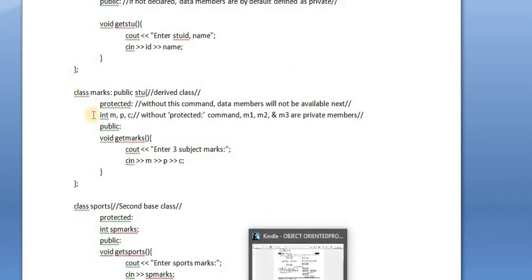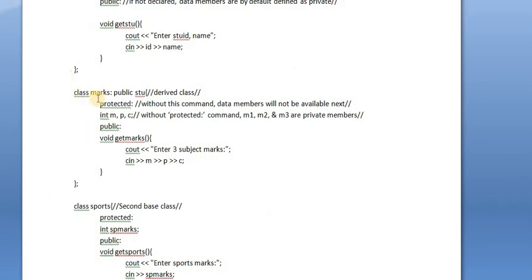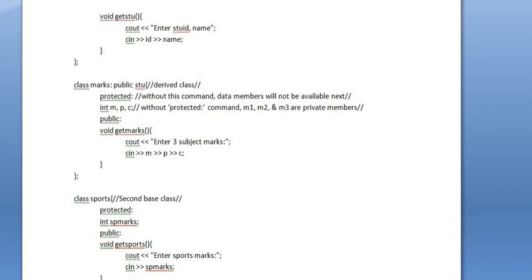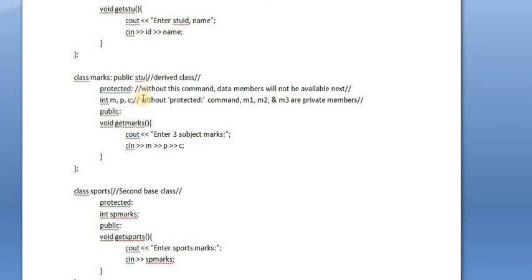Now see here, class marks is the derived class of the class student. Now in the protected section, there are three variables, that is M, P and C. So MPC is the marks of maths, physics and chemistry.